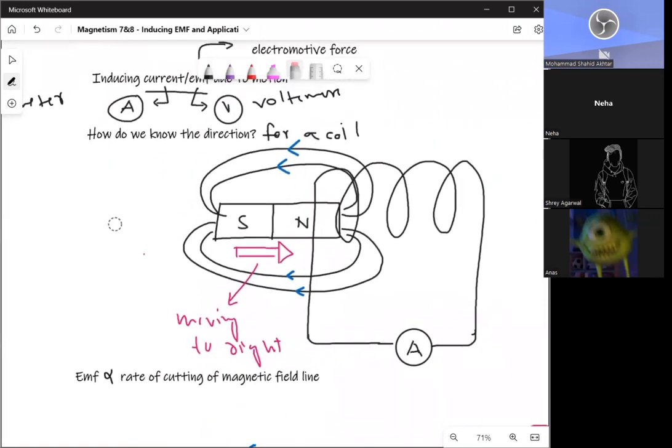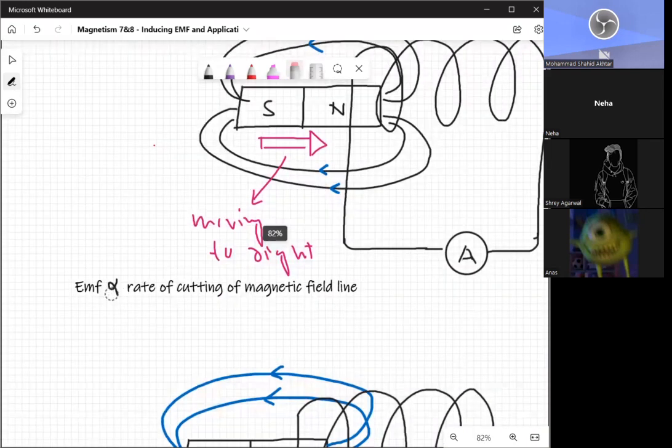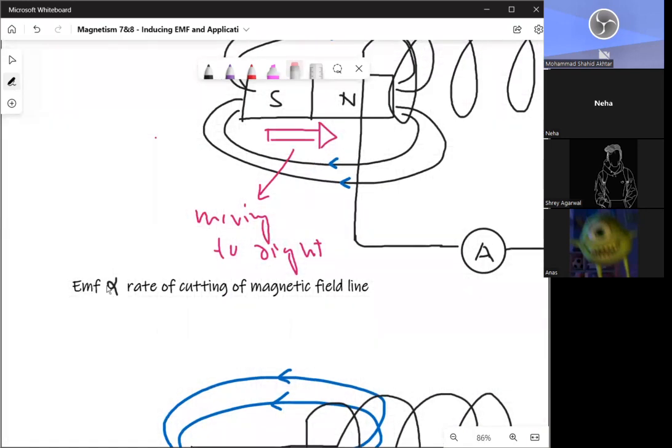Sir, could you repeat? I'll repeat. Inducing EMF or current due to motion. Okay. Anas, have you written this? Yeah. Okay. Now, the next thing you need to write down is EMF is directly proportional to